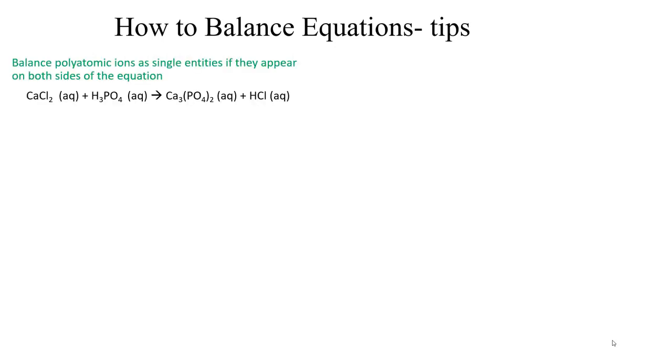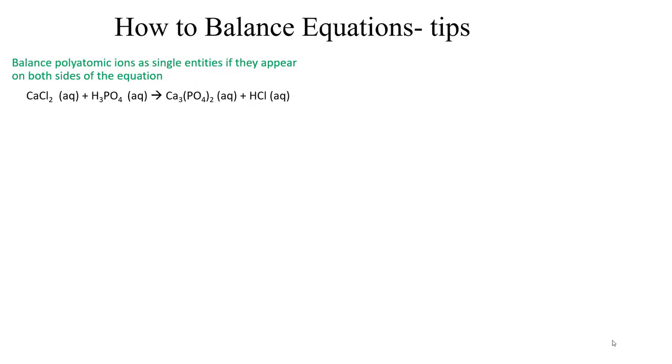So the second tip is that we want to balance polyatomic ions as a single entity if they appear on both sides of the equation. So if you have the phosphate ion, PO4, you want to deal with that as a single entity because the phosphorus and the oxygen are going to stick together. They're not going to be separated. So for example, if we have calcium chloride, CaCl2, reacts with phosphoric acid, H3PO4, this produces calcium phosphate, Ca3(PO4)2,